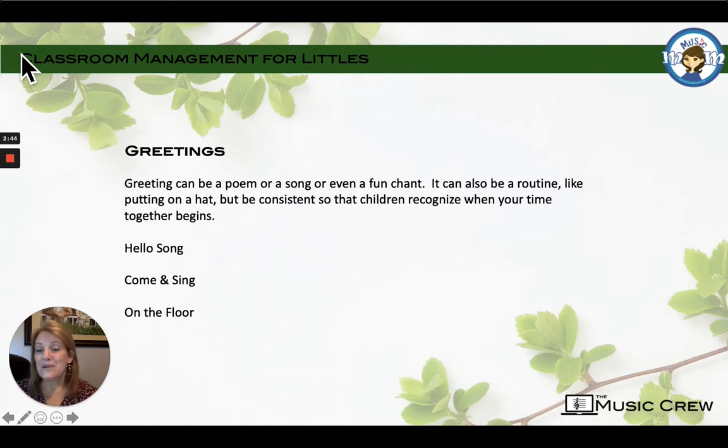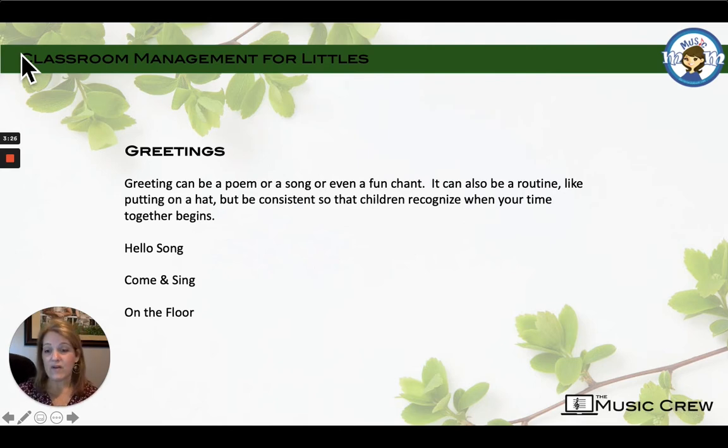Here we go. So with the hello song, a lot of times I wave at them and I will sing, "Hello, hello, this is how we sing hello. Hello, hello, sing hello." Or you can replace other movements with the word sing. So you could say wave hello. You saw how I was waving my hand back and forth. You could do this is how we clap hello, and you could clap. Or you could tap hello, or jump hello, or march hello. You can do any of those. So you can change up your movements, or you can ask for their favorite movements.